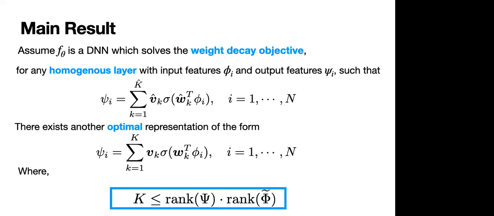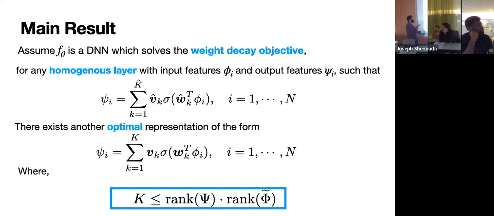I see. But we do have a lower bound as well, but the lower bound is not the same as this, so it's not tight. There's a gap, and it's not really clear. What does the lower bound depend on? The lower bound, I think, depends just on the rank of B tilde. I think I have to double check. I think it should depend on C. Maybe it's one of those two. I'll double check and let you guys know. But it's not a very interesting lower bound. It just basically depends on generic data. Okay.